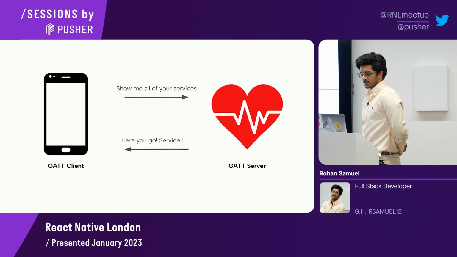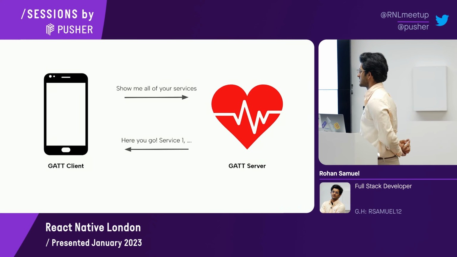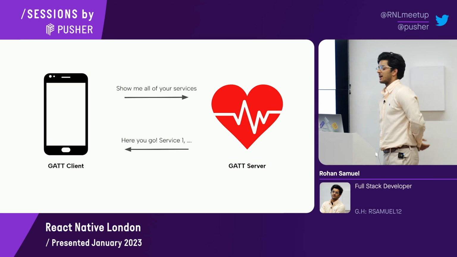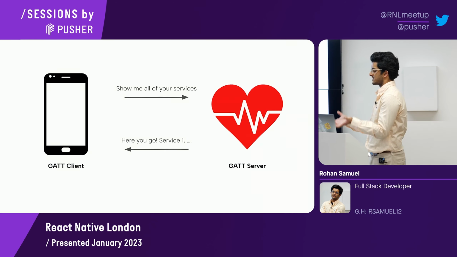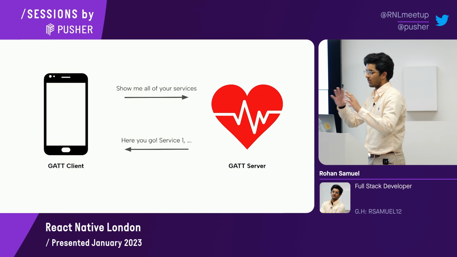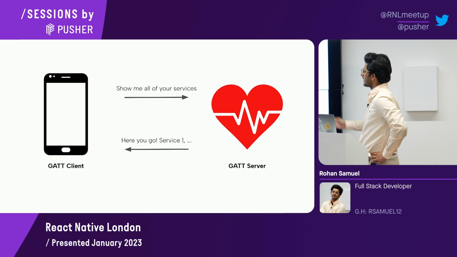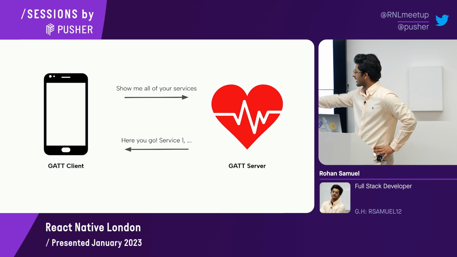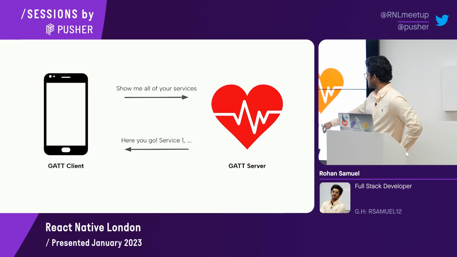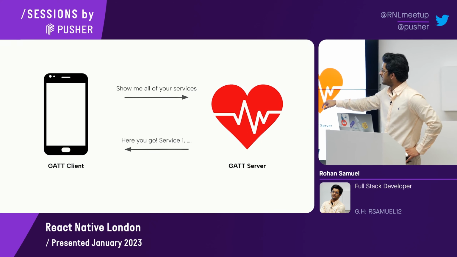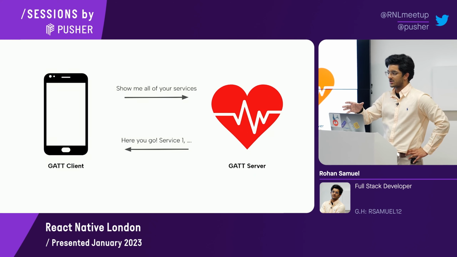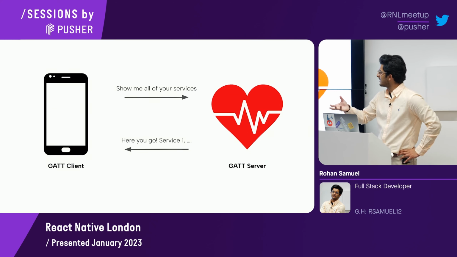So now it comes to more of the tricky section, which is the data. As we mentioned, we have the GATT model, which dictates how the services and characteristics are organized. But before that, there's a bit of a process where that GATT client, once connected to the smartphone, when it's connected to the heart rate monitor, it's already provided that connection, but it doesn't really know anything that